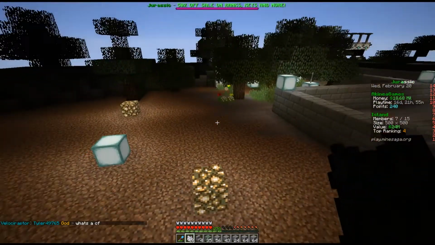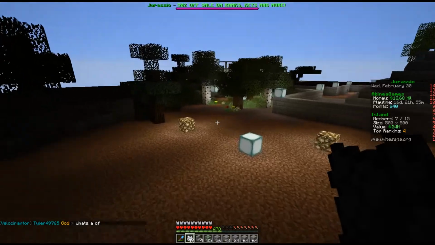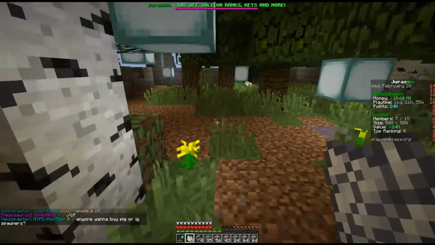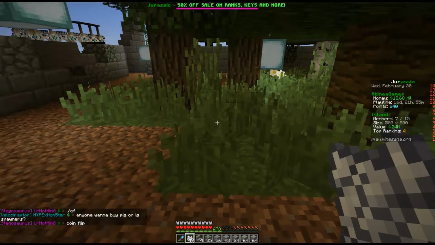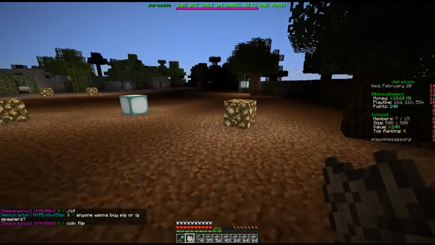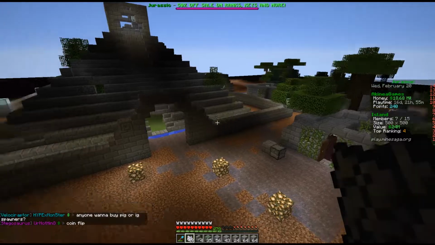Anyway, so that is now a little garden area. We might make a little seat in here. That'd be cool. I don't know how I'd do that though. I guess just like a stair maybe? I don't know. We won't do that just now. Okay, so